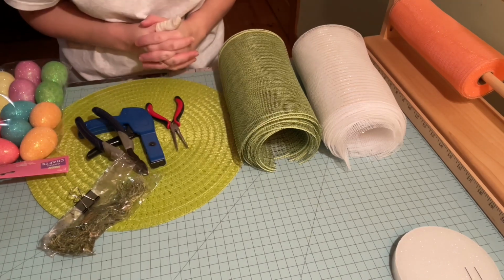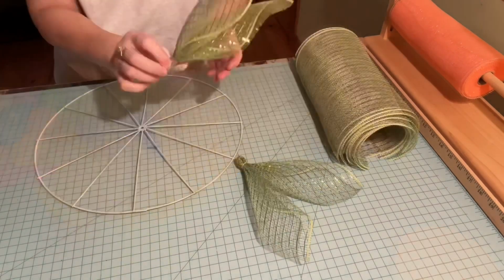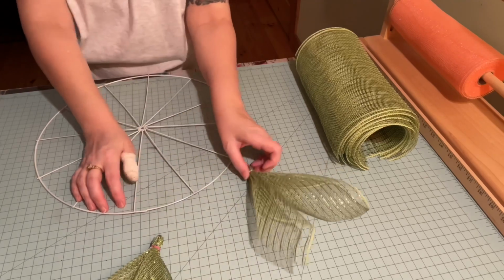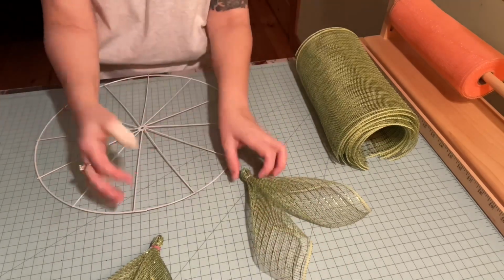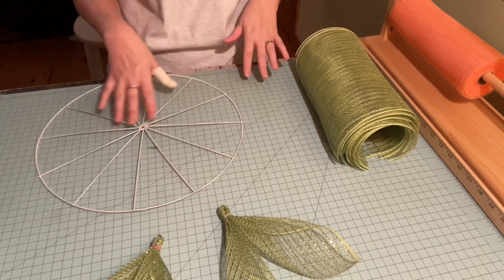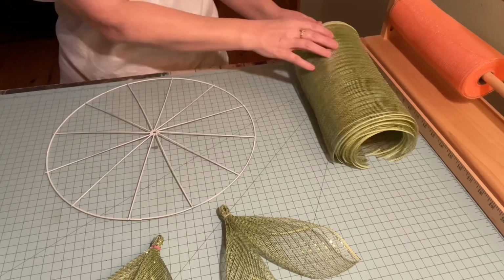Let's get started with this tutorial. This is the petal that I'm using for the leaves, so they're not too skinny, but a little skinny, so that's why I don't know if I'm going to use 12 or 24. We'll see when I start getting some on there. So to do that petal,